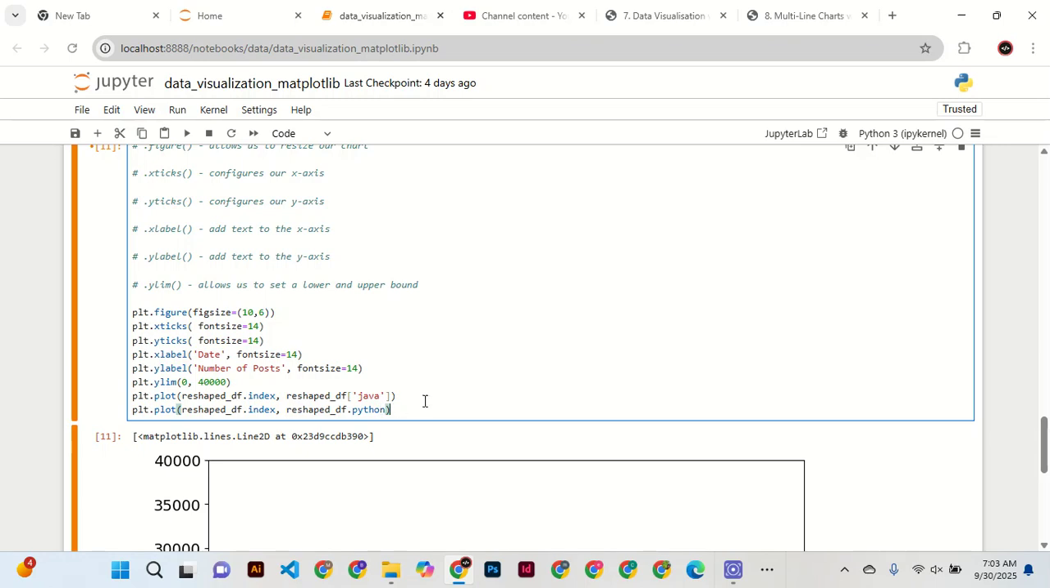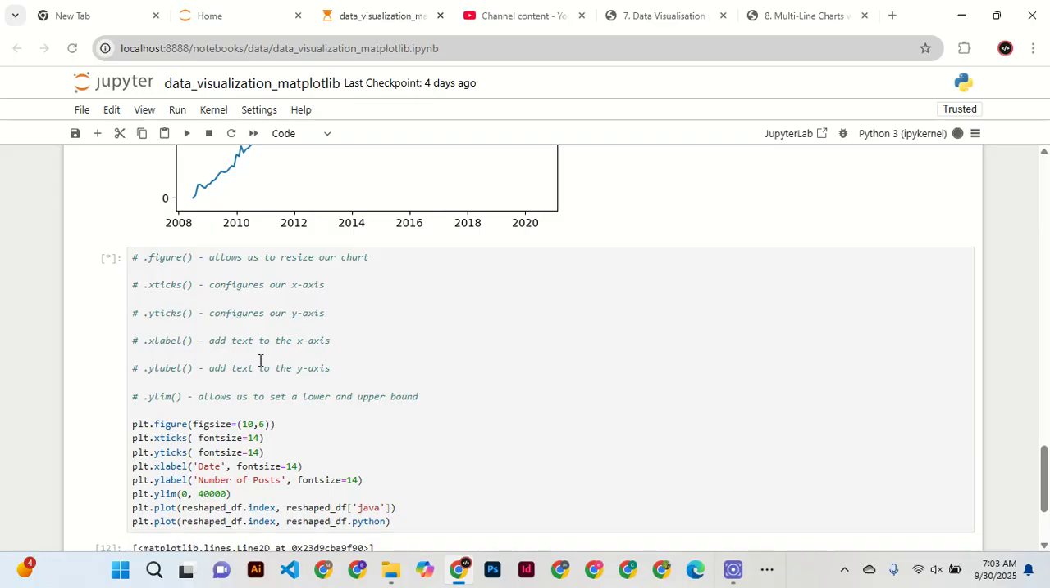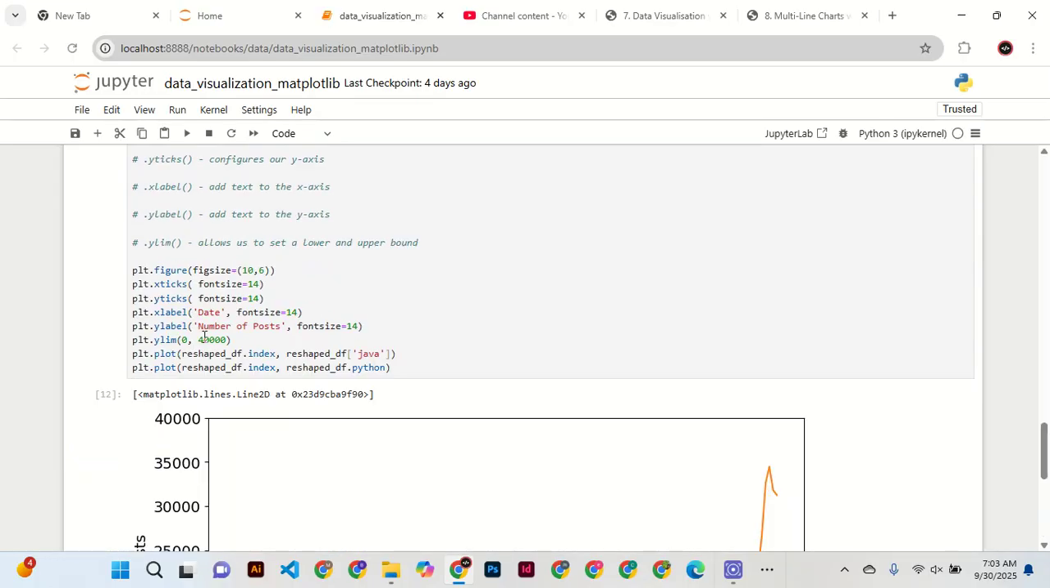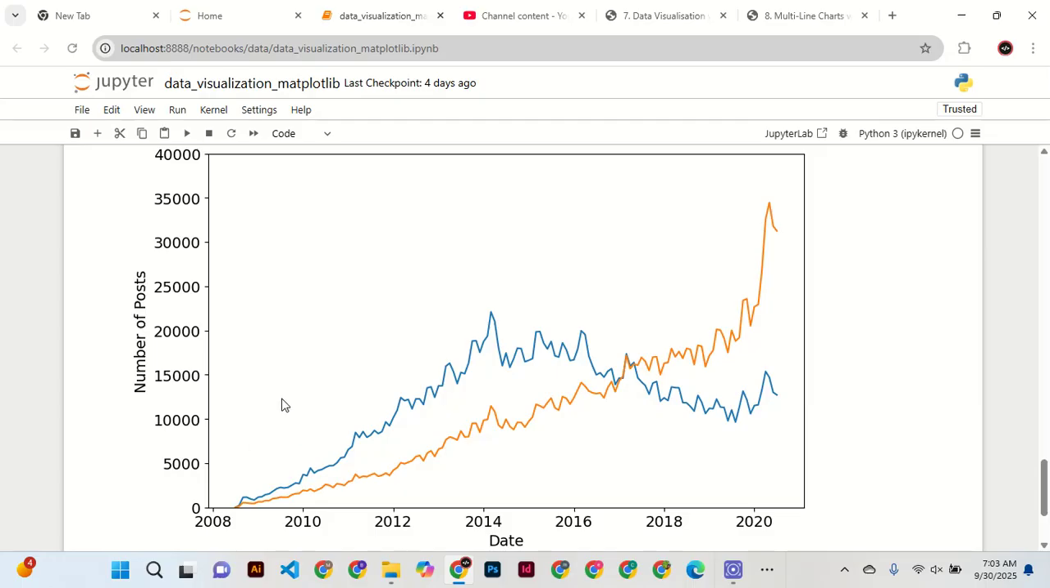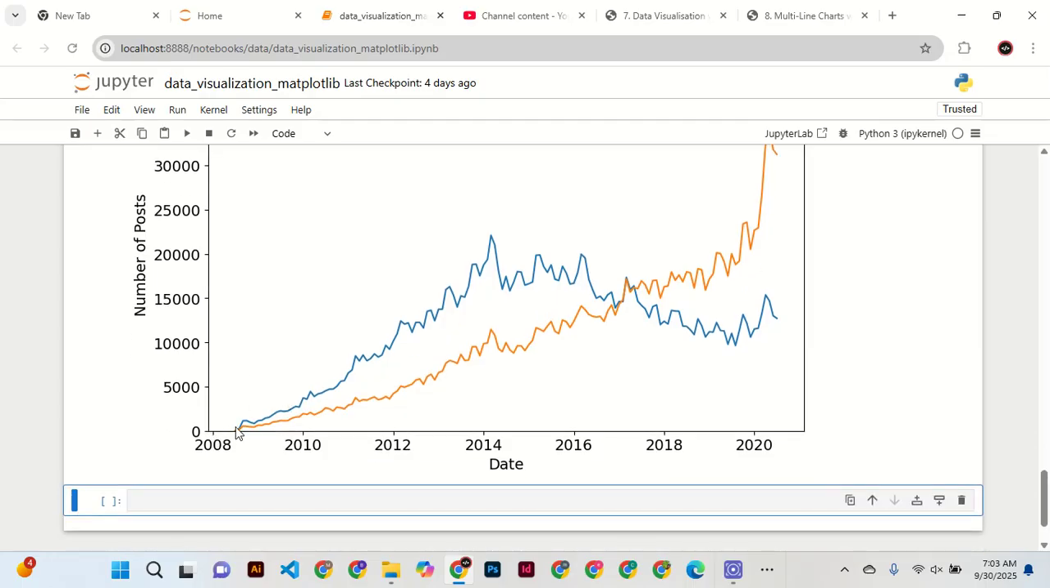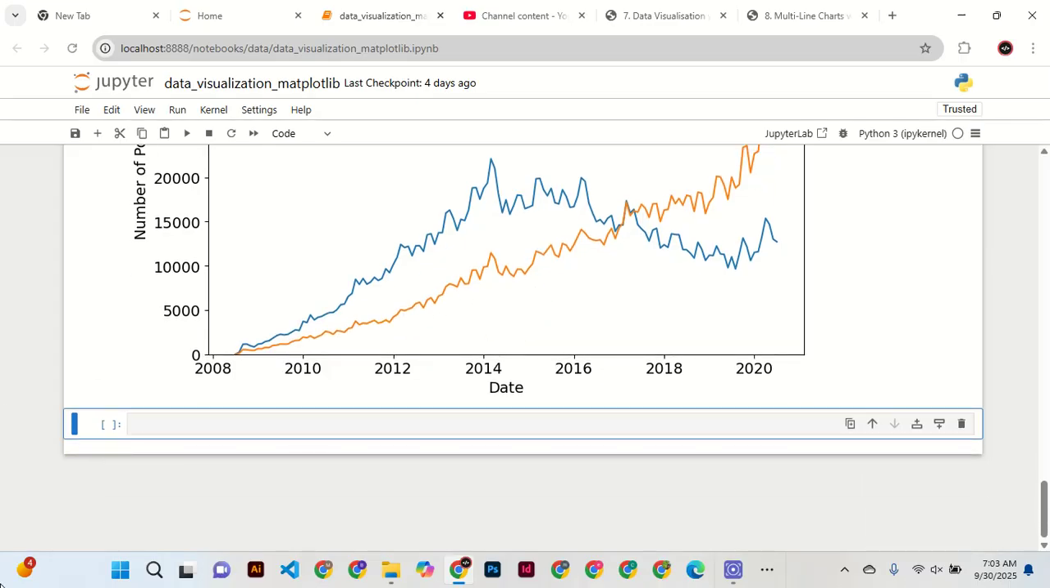So when we run this, we expect to get the Python, and you see it is very good. They are coming from this, they are starting from the same area, and you are seeing where Python started doing the